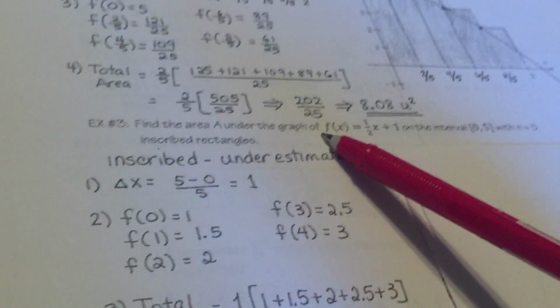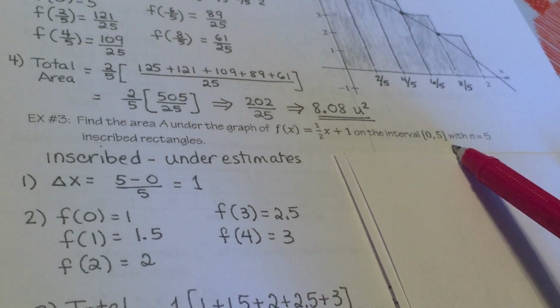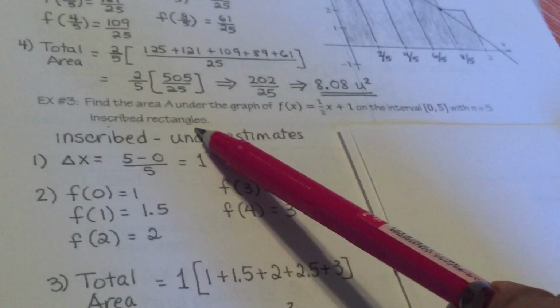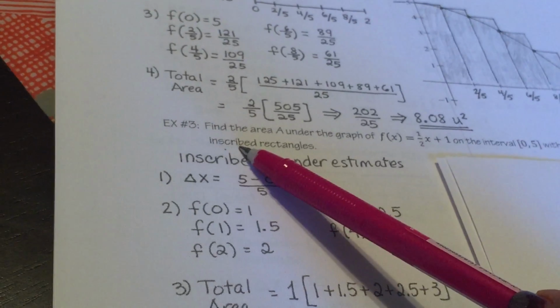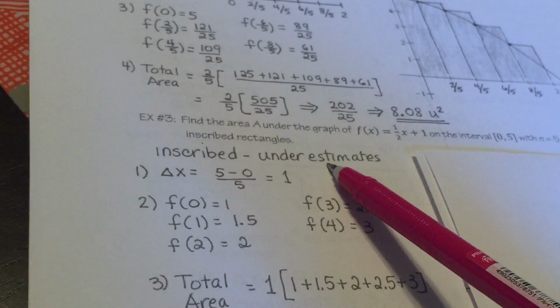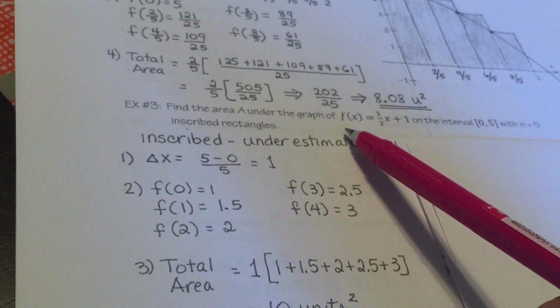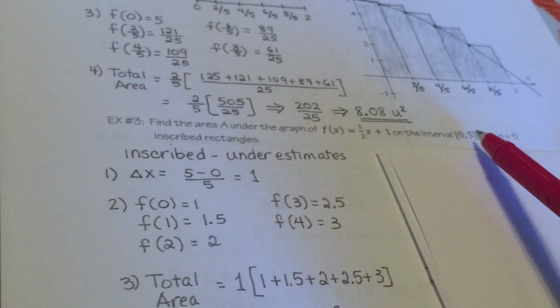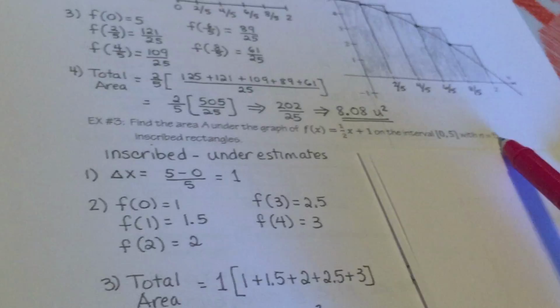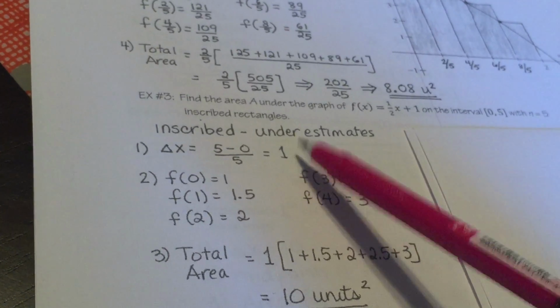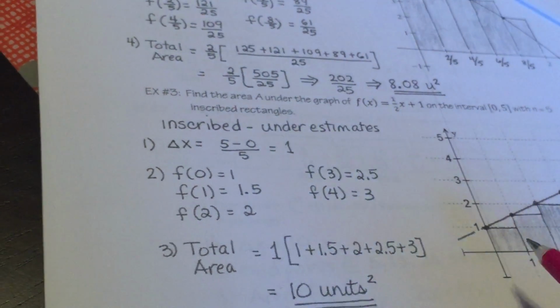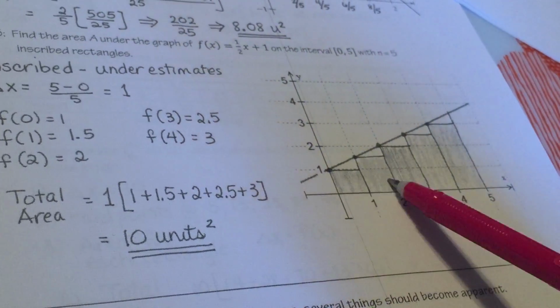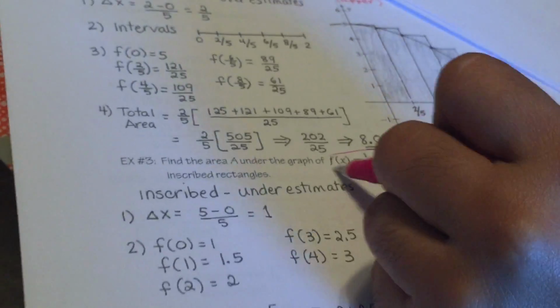Another example. Find the area under the graph of this function on the interval from 0 to 5 with n inscribed rectangles. Inscribed meaning lower sums or underestimates. Before you do anything, find your delta x, find your intervals first. So 5 minus 0 divided by 5 gives us 1, which is pretty nice. So we're going to have on our graph a linear function with 5 rectangles underneath it,